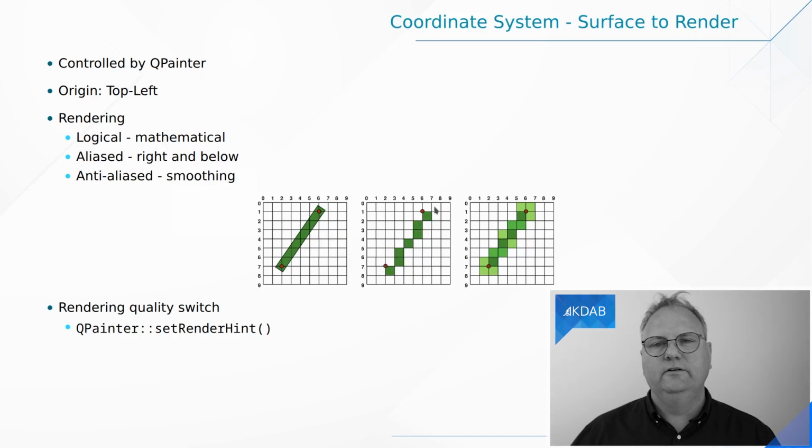Or I can use a trick that was invented before I was born. That's called anti-aliasing. And that's what you see here, where you paint not only the pixel in that line here, but also some of the pixels around it. And if you do like this,